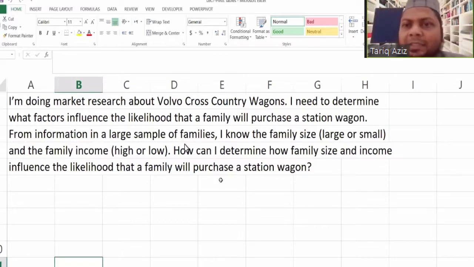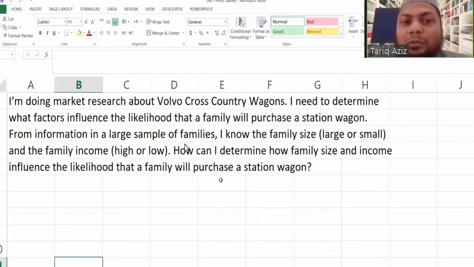So here is a small example in front of you. There is an automobile dealer who has collected some kind of data. What kind of data? From the buyers of a station wagon, he has collected data regarding family size and the income of the family.